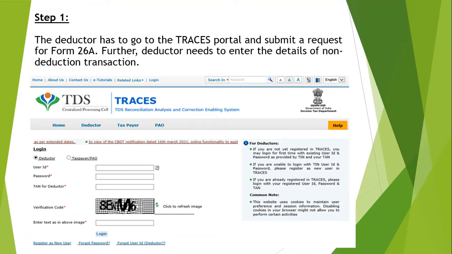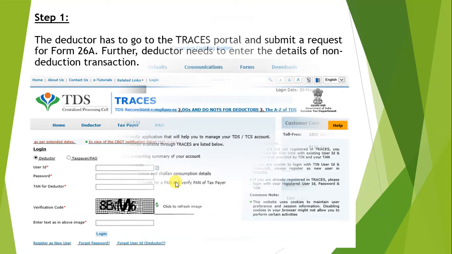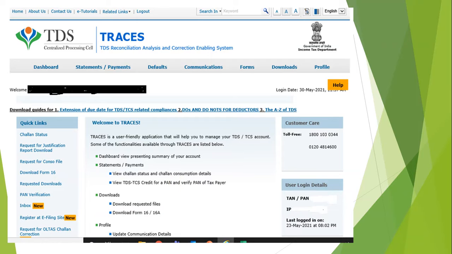If you could see the screen, once you enter the Traces portal login, in the deductor option, you could see the screen. It will be asking for user ID, password, TAN number and verification code. Once you enter the user ID, password and TAN number, click on login. Then it will take you to the given screen.